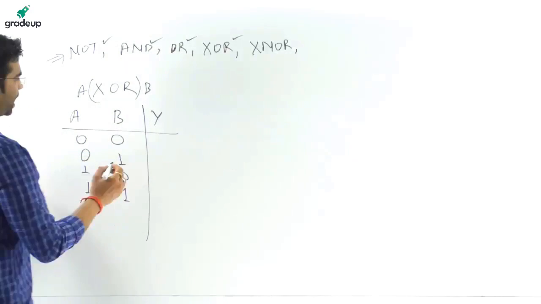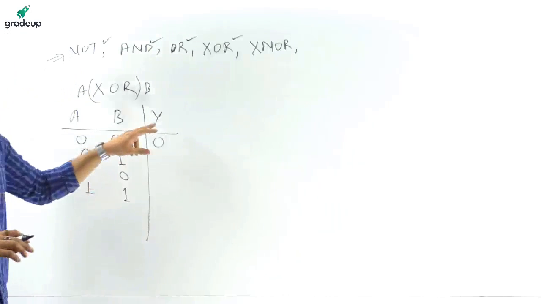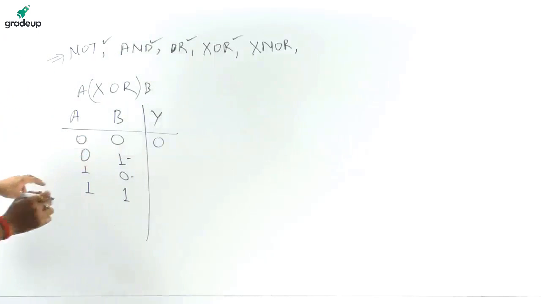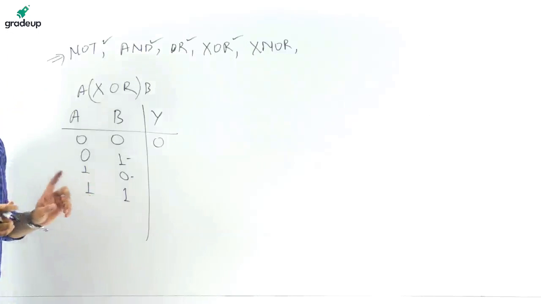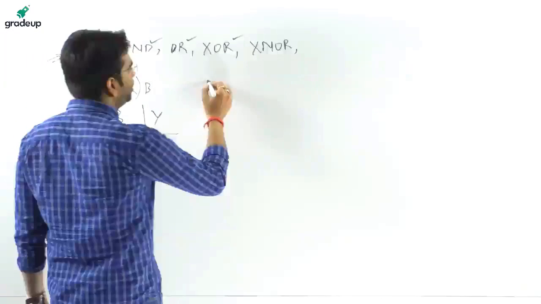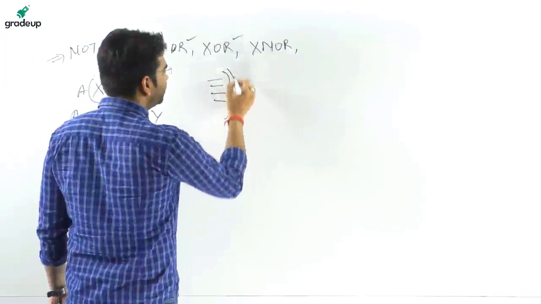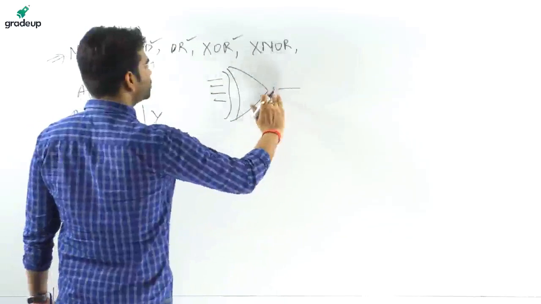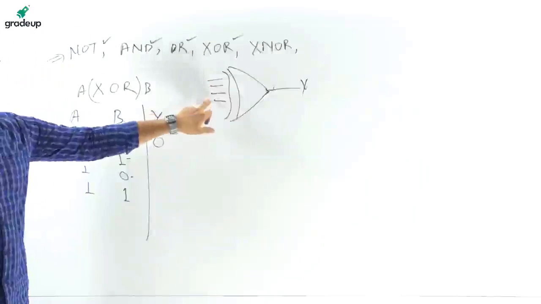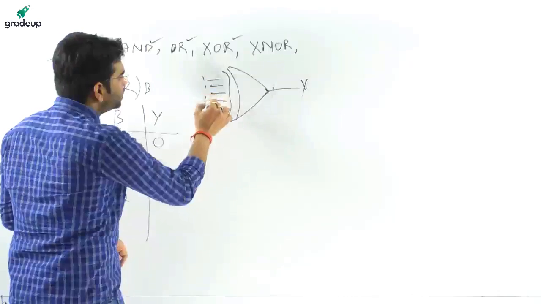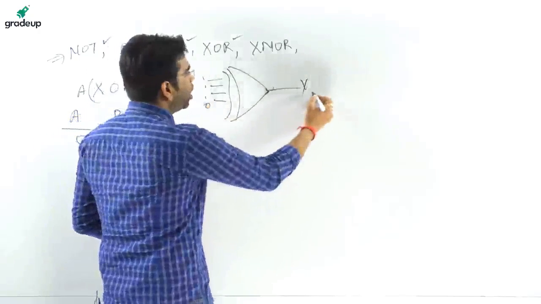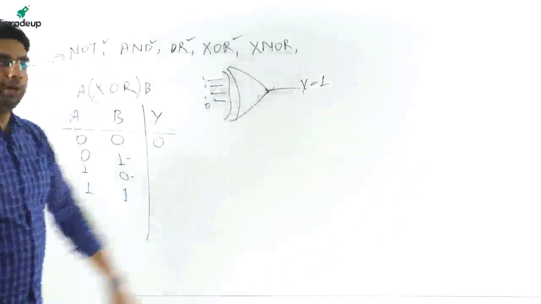So at this place, what we are having is the output. I said that the output will be high for an XOR gate when the inputs are dissimilar, for 2 inputs. Else take a concept that in an XOR gate of any number of inputs, the output will be high if the number of inputs that are having 1 is odd. Odd number of ones appearing, then the output will be high. High output means 1.